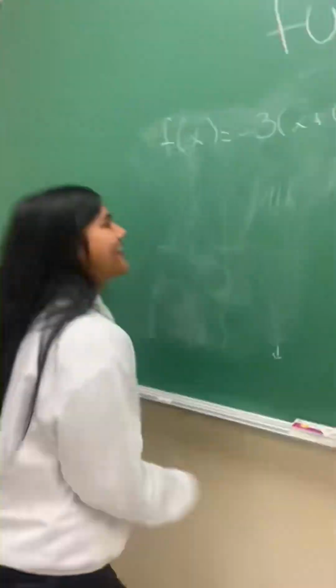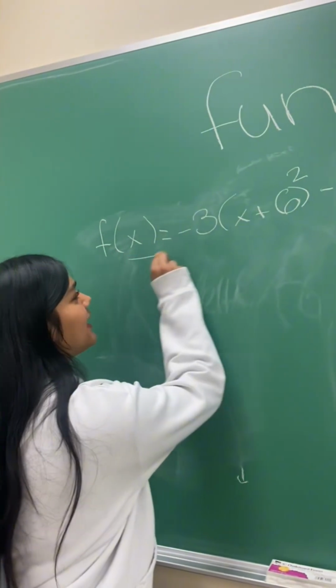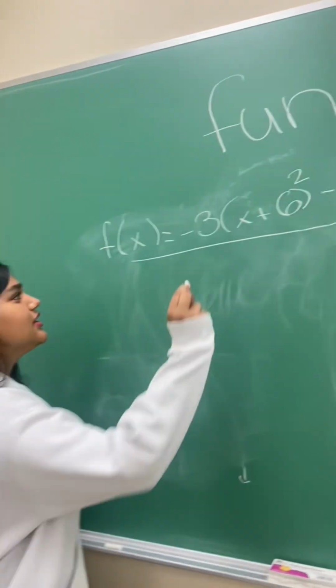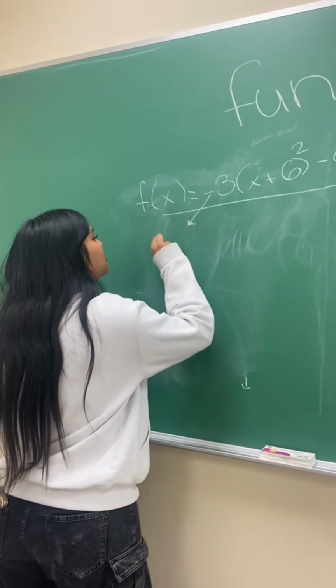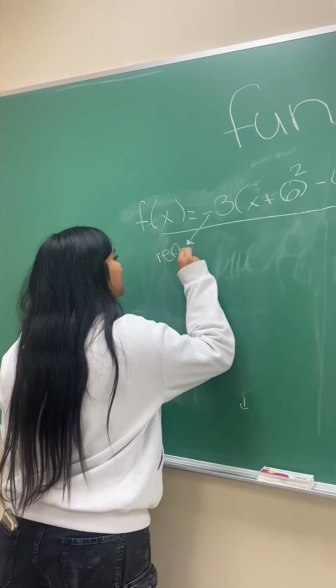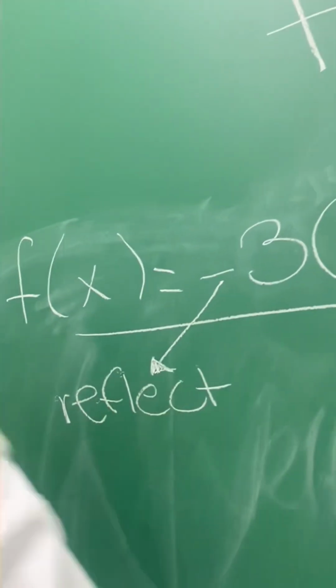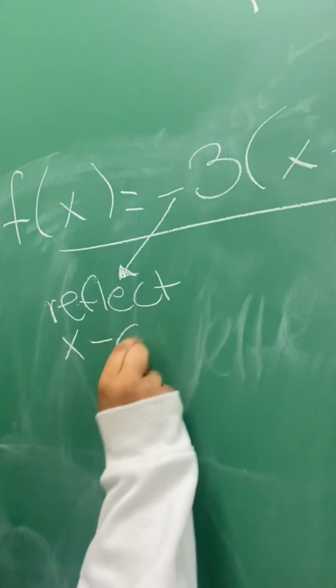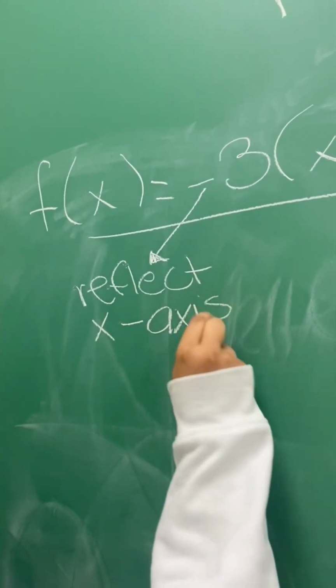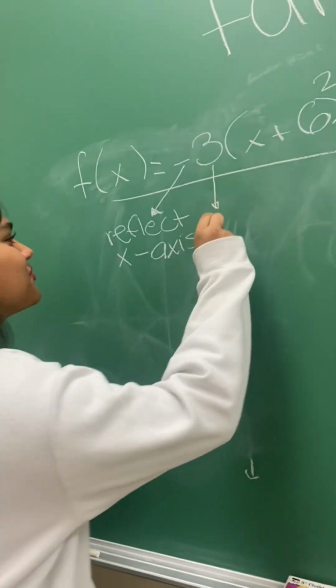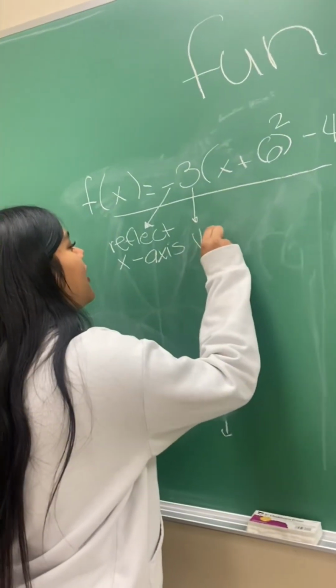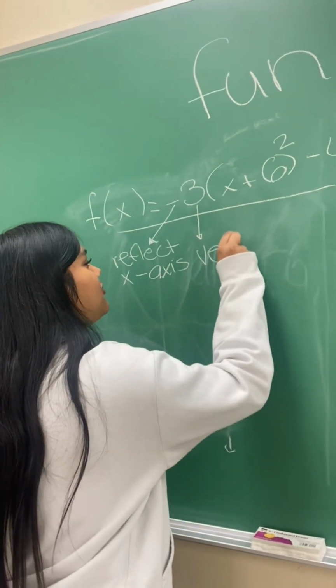So first we're going to take a look at this first equation. First off the bat, we notice the negative sign, which means to reflect over the x-axis. And then we see the number 3, so we know that it's a vertical